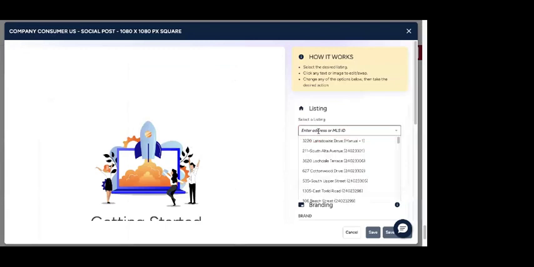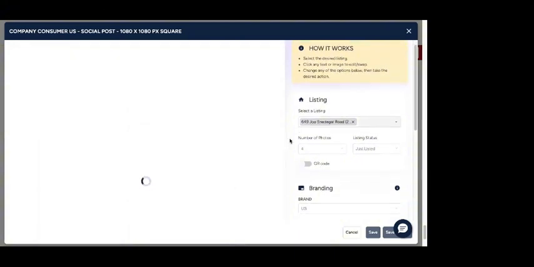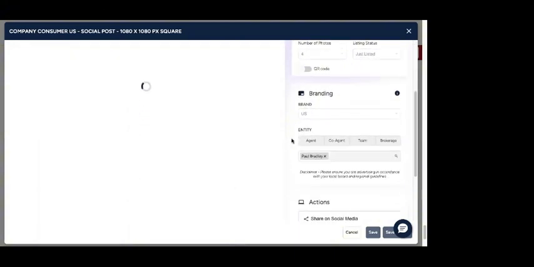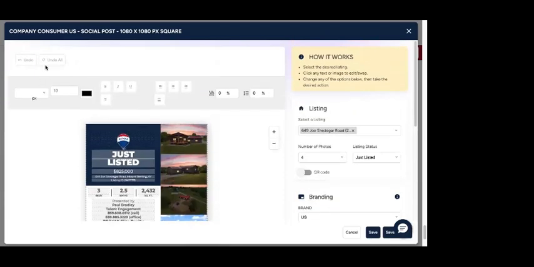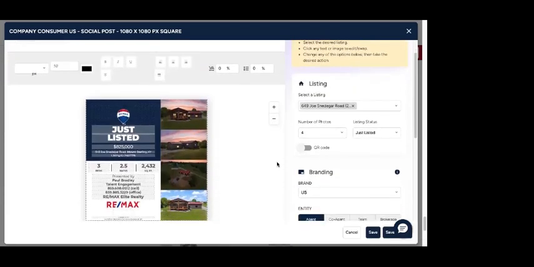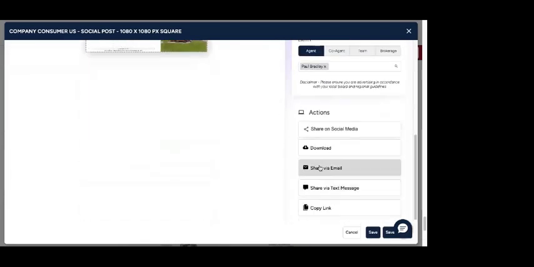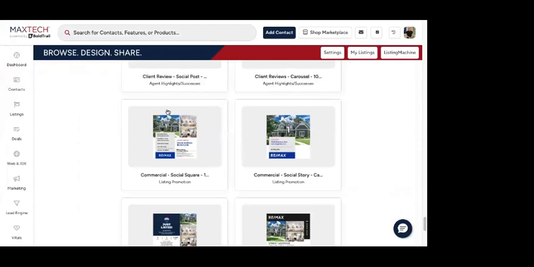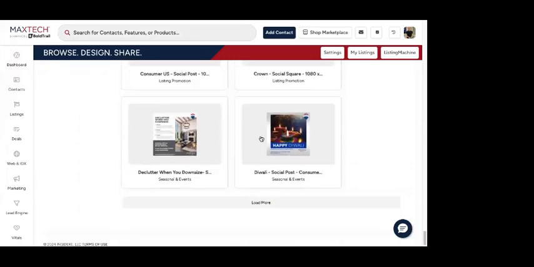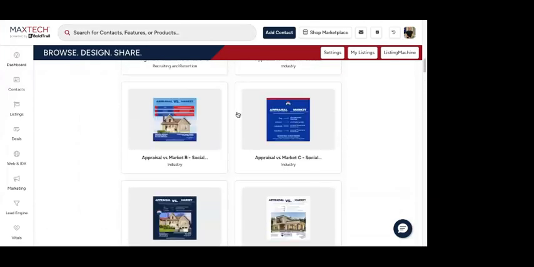Well, I can go in, 649. Then once this pops up, exact same thing. Notice it's only got one page. We don't have a page 2, but I can then download this graphic, share it via email, send it via text, copy link, share it on social media. So we can go down a little bit more. Let's go back to